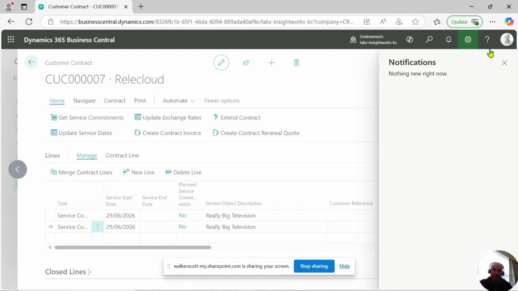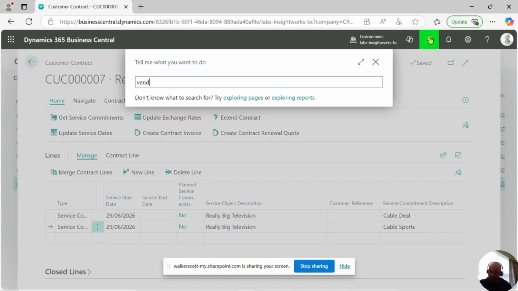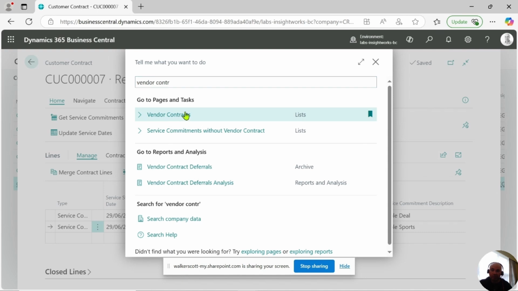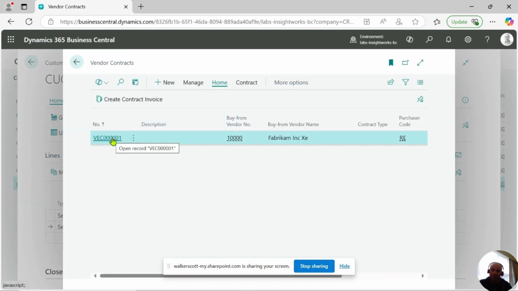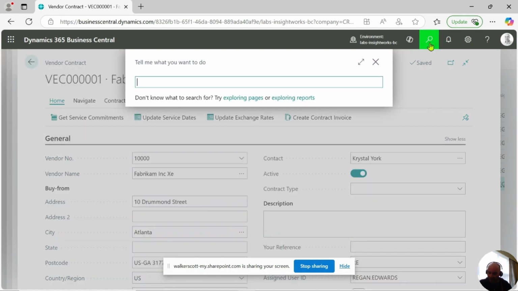Likewise on the vendor side, we can come into the vendor contract and similarly assign those service commitments to this contract with that get service commitments button. Alternatively, there is the